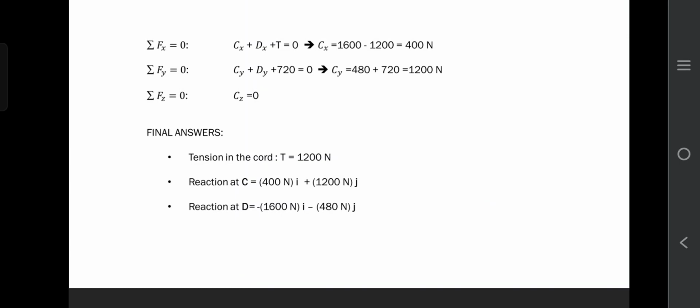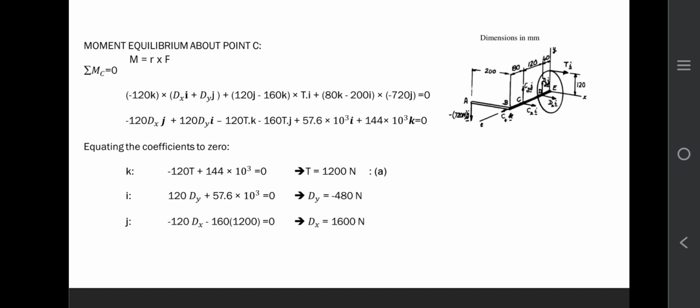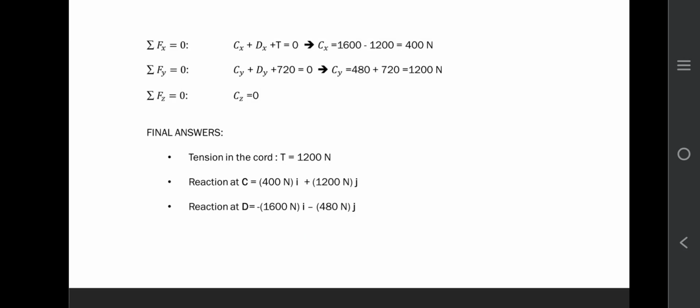Now we are taking summation of force in x, y and z direction and equating to 0. Summation of force in x direction is equal to cx plus dx plus T. We know that dx is 1600 and T is 1200, so minus 1200. So equating that, we will get cx equal to 400 Newton, and similarly we do for